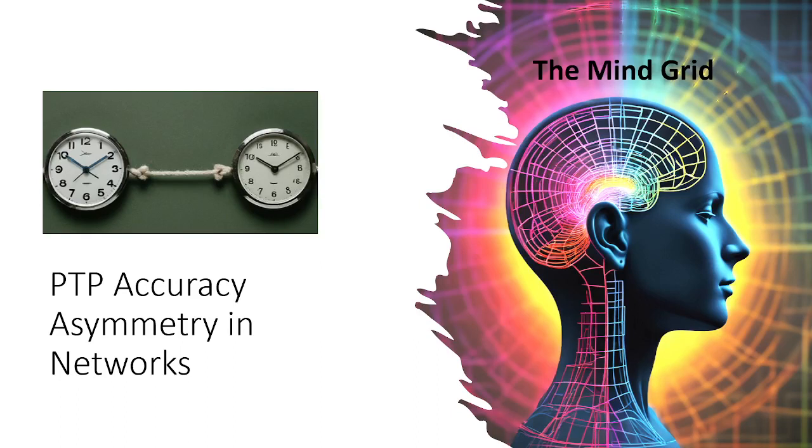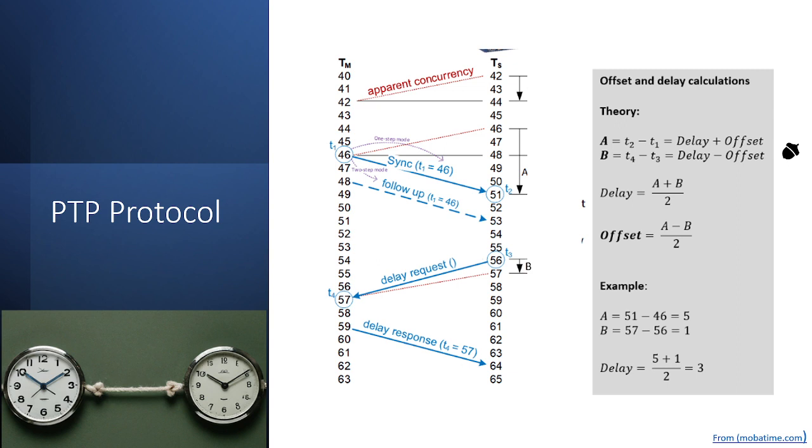And today we are looking back at a topic on PTP accuracy. And the topic today is going to be asymmetry in networks. So let's start with a slight introduction to the PTP protocol. And before we actually talk about asymmetry and how it impacts the accuracy, let's just look at what the PTP protocol